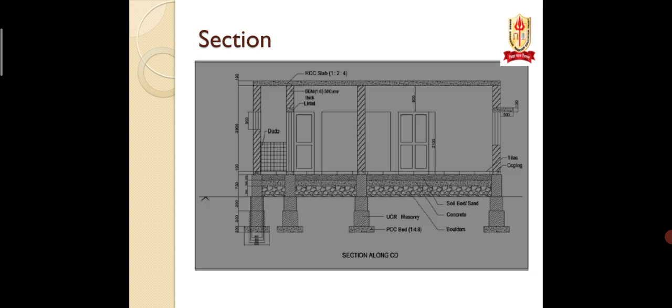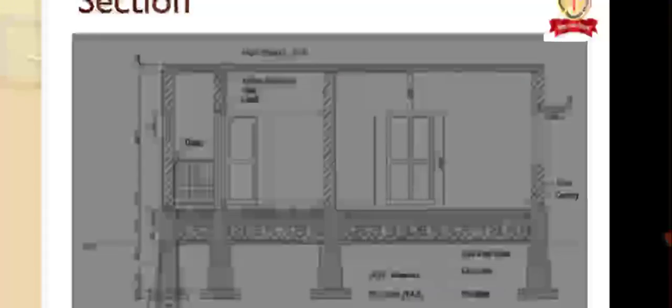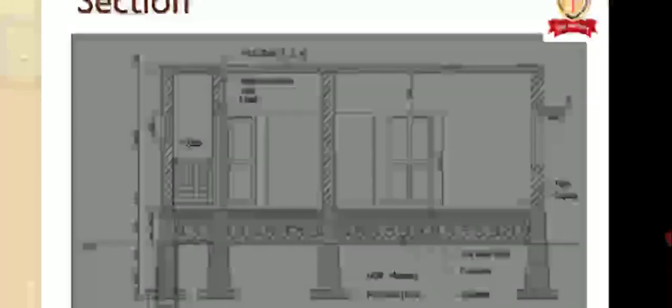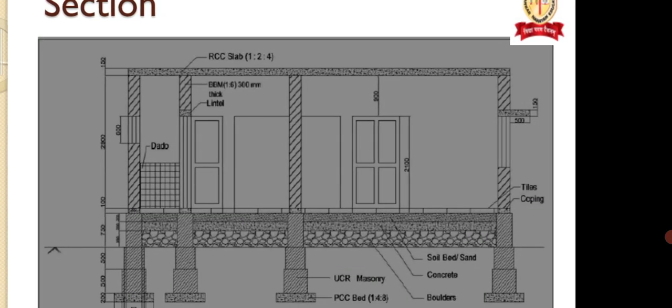Like this, you can see one room has been cut vertically. After cutting vertically, whatever you can see, you simply draw it from the foundation to the slab level or to the plinth level. Since the wall is also being cut, the wall is given a symbol, that is a brick symbol. Then it goes through the WC, therefore the symbol of dado has been given.